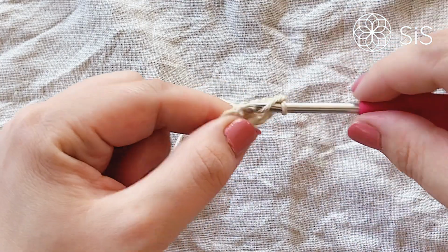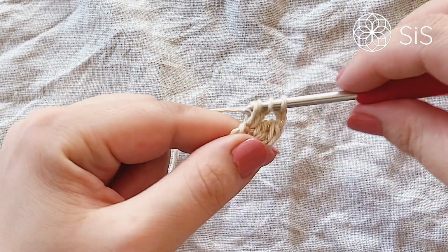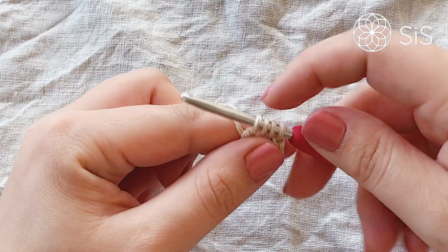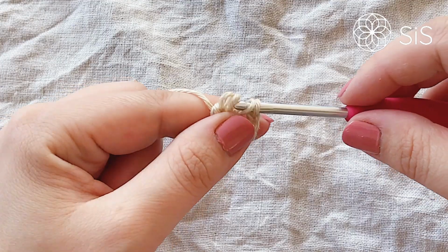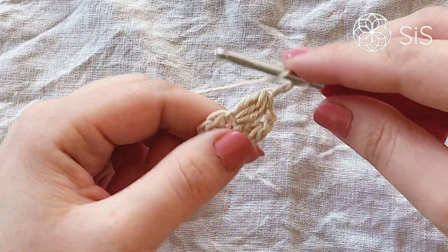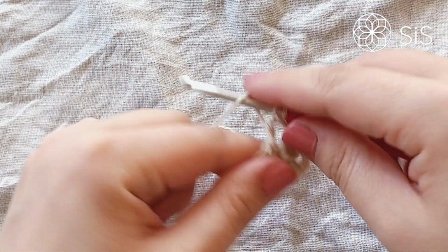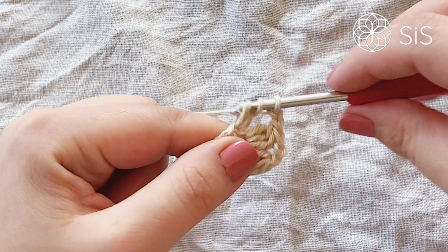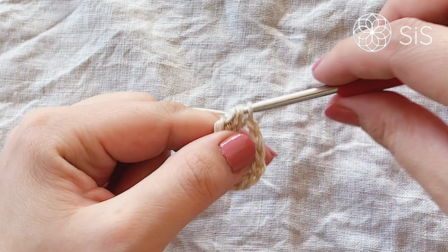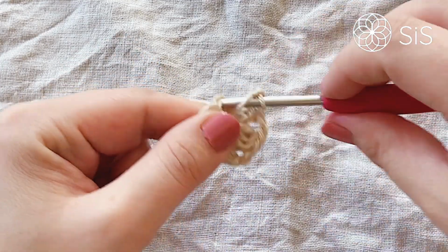So just go in and make 3 double crochets worked together into the next one, it's a cluster of stitches. And just, ooh, what's happening? There we go. And chain 2. And then work into the next. Like that. I do love the fact that, and chain 2, that the snowflake has a floral center,